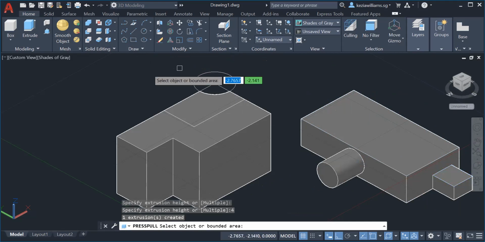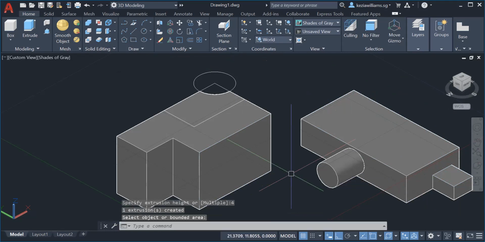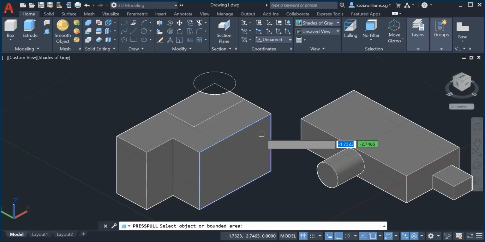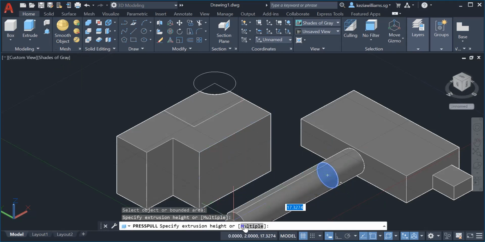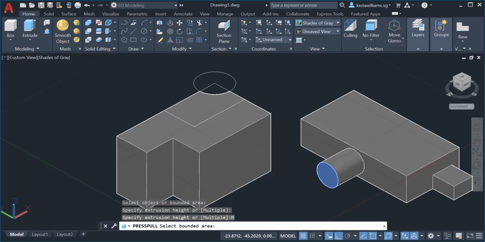And now I'm going to do the press pull again, still in the press pull command, right? So I again go back to press pull. Then I select here one area. Here there's an M, right? Can you see the M here, multiple? So I just press multiple. Then I select this one also, and this one also, and this one also. Then I press enter. It asks you how many. Maybe for example I put 5.